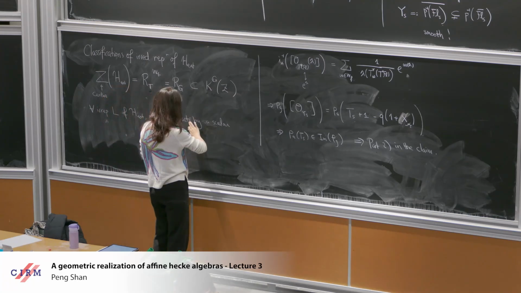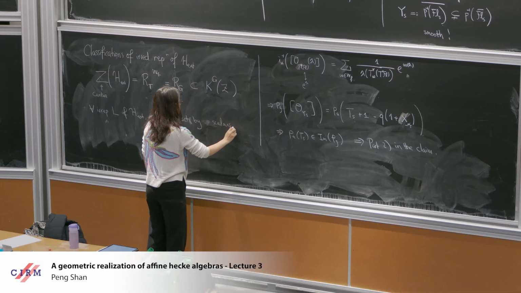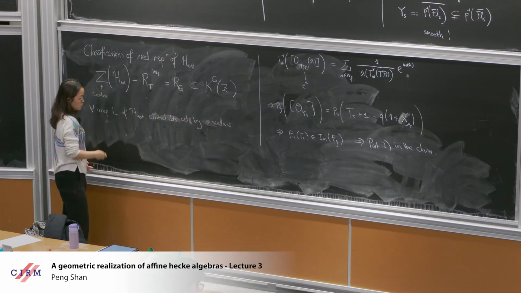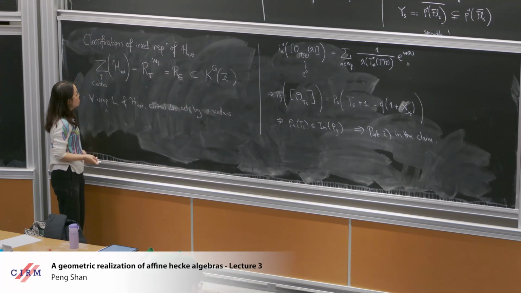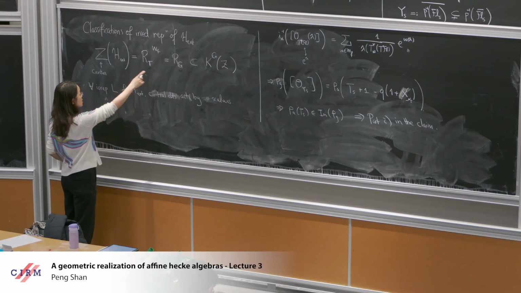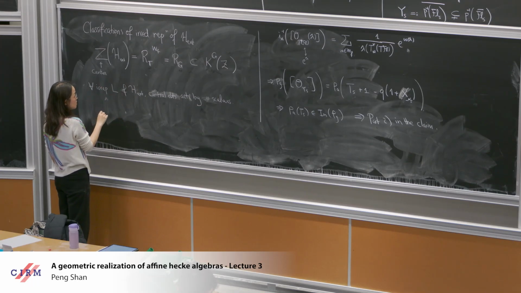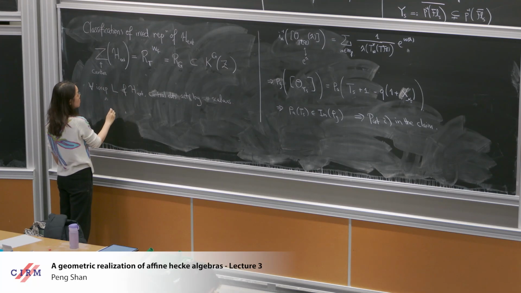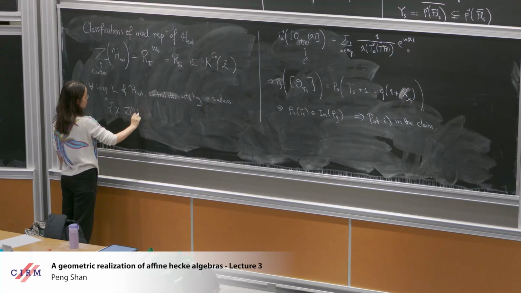And so this is just a short lemma. And so in particular, from this identification, you can see that a central character chi of this